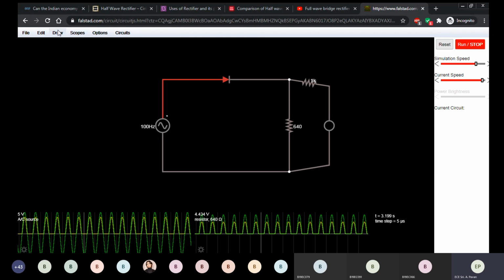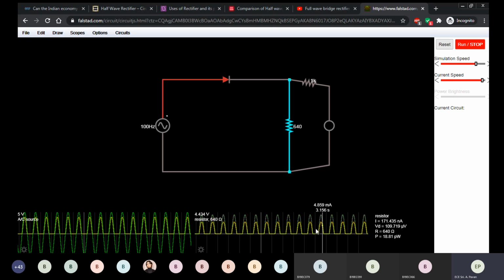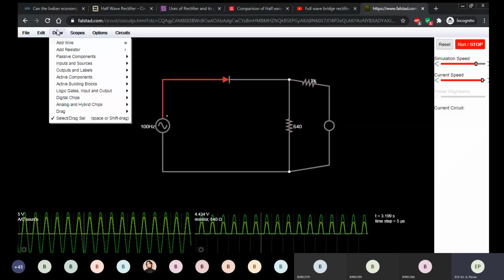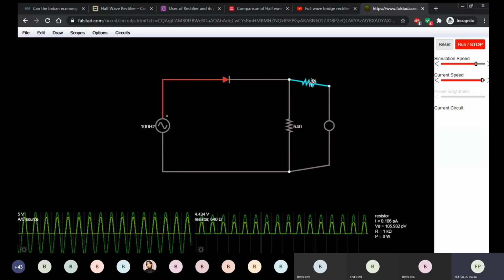Similarly, if you introduce the capacitor, meaning a filter. What I have told is in this half wave rectifier output, we have AC and DC, but this is not a pure DC. Pure DC means we are supposed to have a straight line. So in order to get a straight line, we introduce a component that is nothing but a capacitor. So let us add the capacitor here at the output and see the difference. Remember, this is the output without the capacitor, the half sinusoid. If I introduce the capacitor, I am supposed to get a straight line.